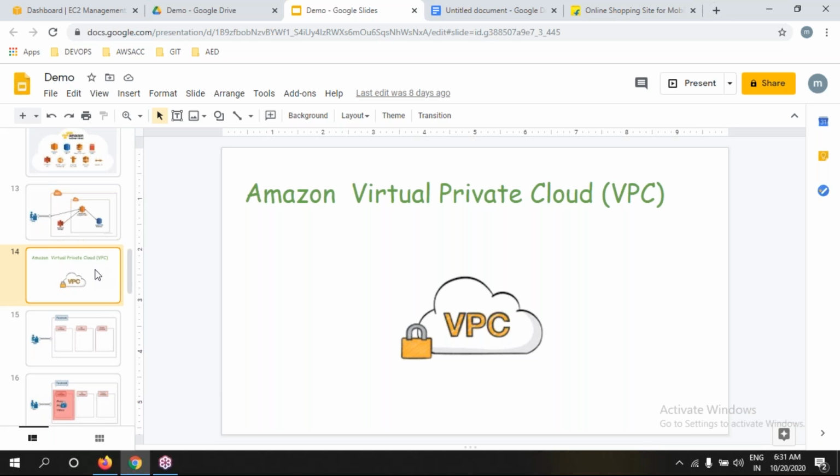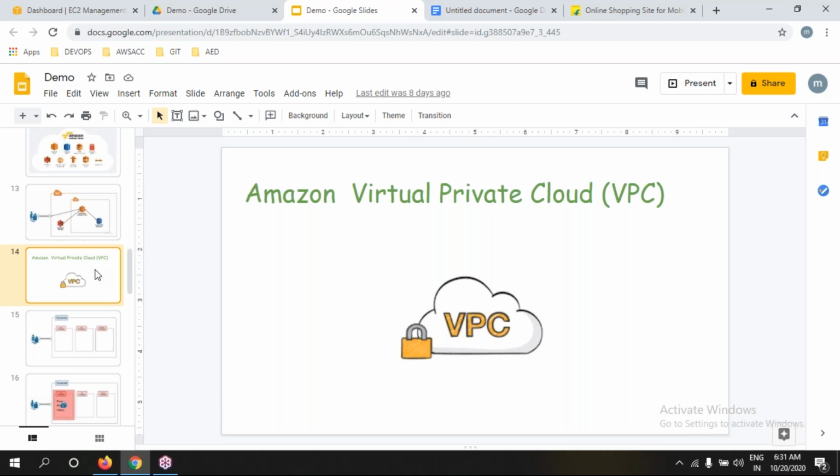What is VPC? A virtual private cloud. VPC is nothing but a virtual private cloud. By using a VPC, we can get a private network, exactly like your office network.